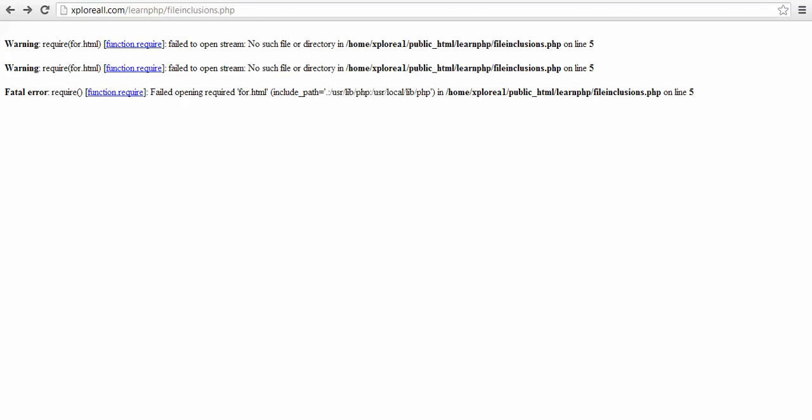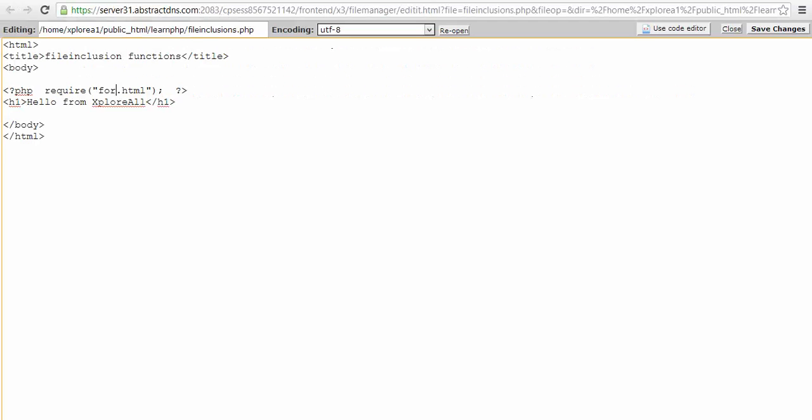So whenever you use this require function, and if that file is not there in your server or wherever you have stored, the execution will be stopped, and whatever code you have written below that, you might have written the HTML page code, will not be executed. But whereas when you do that with the include file,